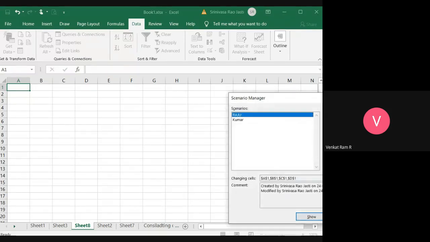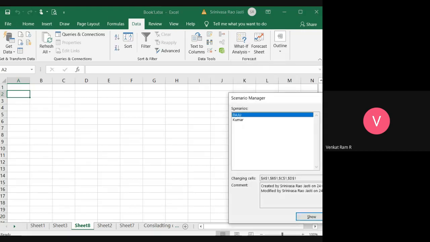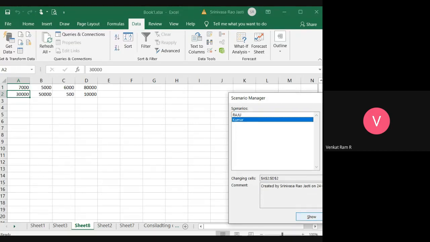Okay. So I have entered the data in some values, but I am unable to see. Okay, see here, I have entered some values, but the data is hidden. So if I want to see the values, just click on scenario manager, click on any one name and click on show. So it will show the value. Okay, the value will be hidden. And if you want to show, then if you click on show, then it will be shown. And same with Kumar also. If you want to show, then it will show.